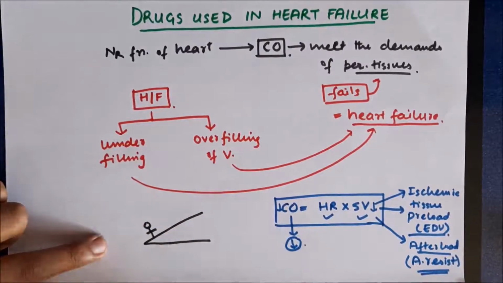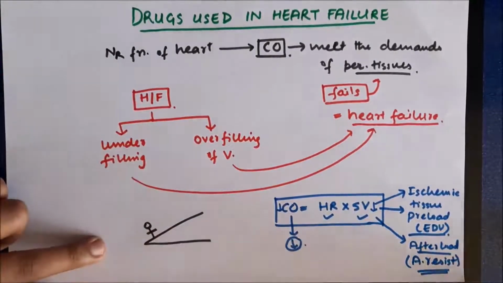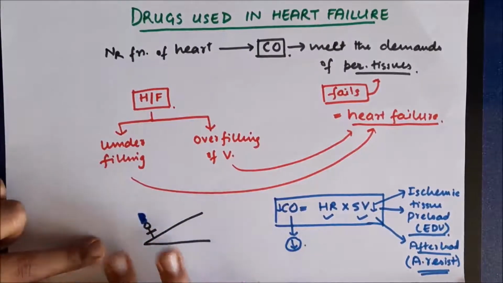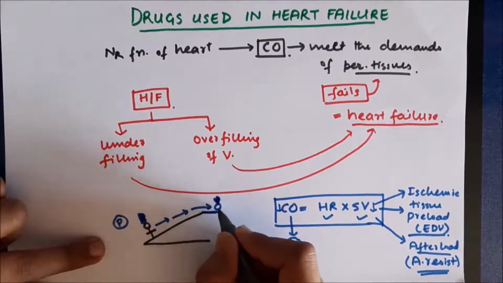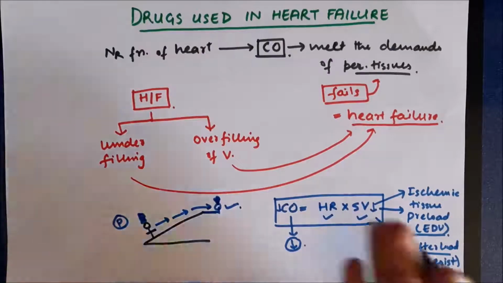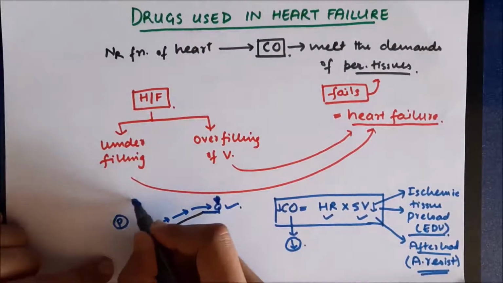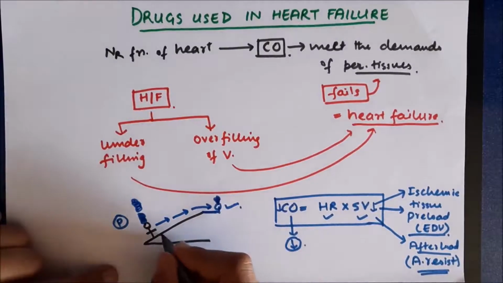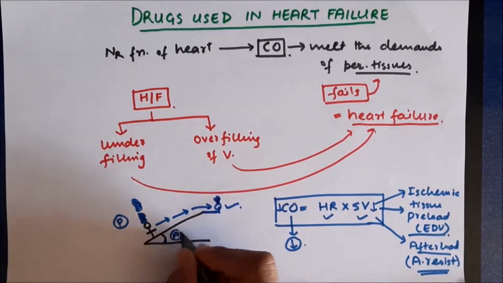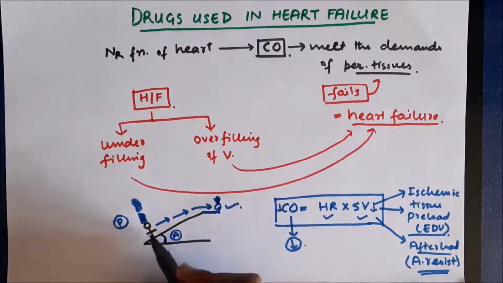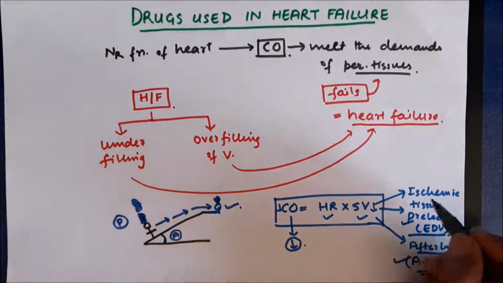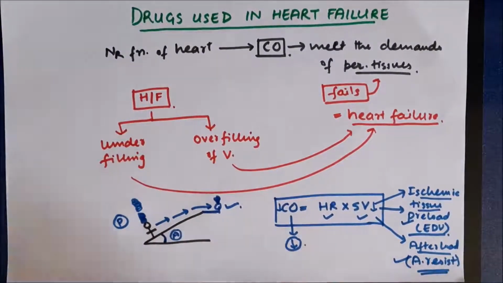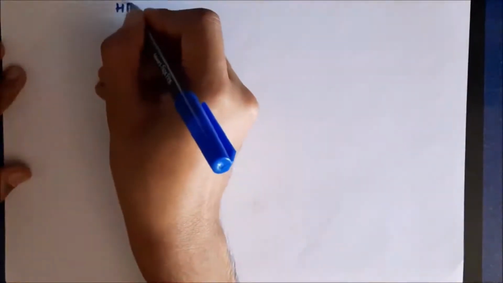Now we can consider a simple analogy. Say this slope and this person; the person is analogous to the heart. The person is carrying a load, which can be considered analogous to preload, and has to reach the top. That's the normal function, the demand which should be met. If preload is increased, obviously the person will not be able to do the job effectively. And this angle, the slope, is the afterload. If we increase the afterload, again the person will not be able to climb up and meet the requirement. So in terms of the heart, if there is an increase in preload or afterload, cardiac output will decrease.